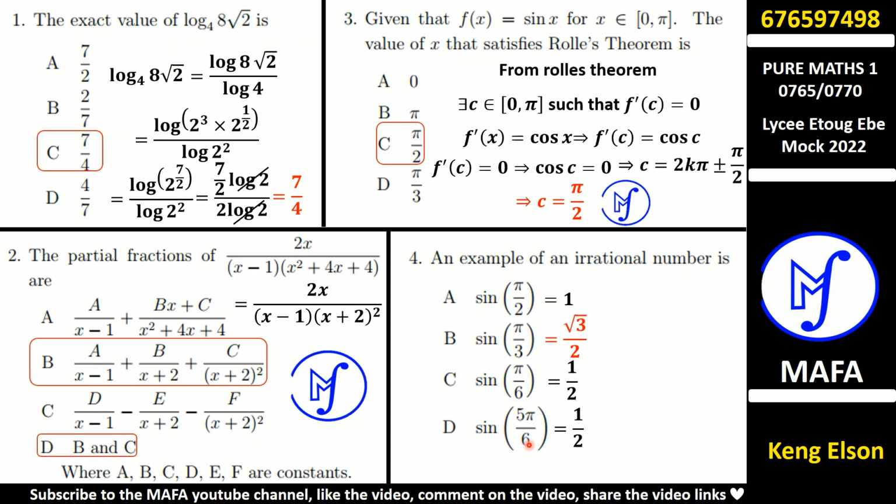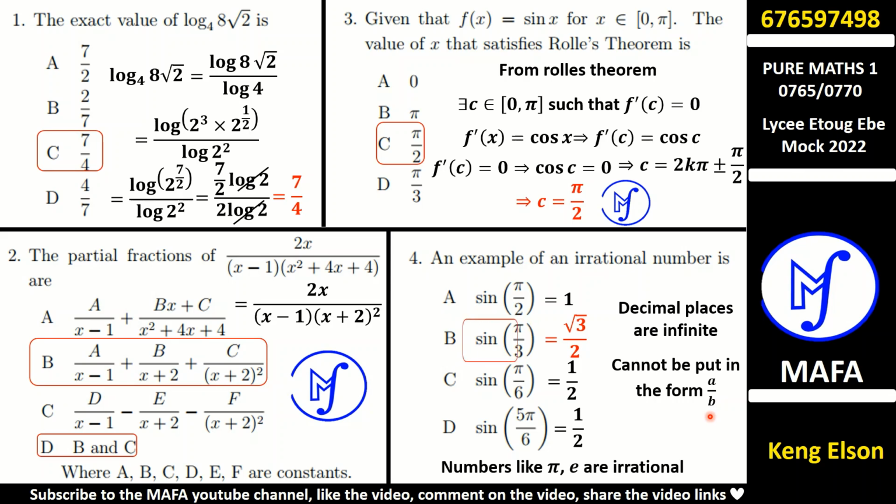What is an irrational number? I'm going to give you the properties. The first thing is that the number of decimal places is infinite. Second is that it cannot be expressed in the form of a fraction, meaning you cannot have it in the form a divided by b, where a and b are integers. The third is that numbers like pi, e are normally irrational numbers. So when we look at this, we see that option B is the only irrational number